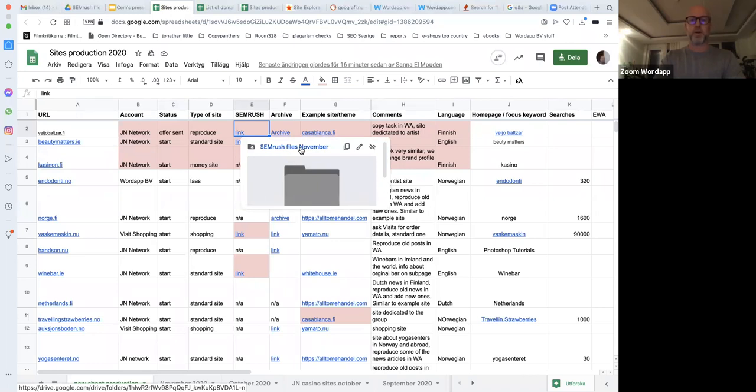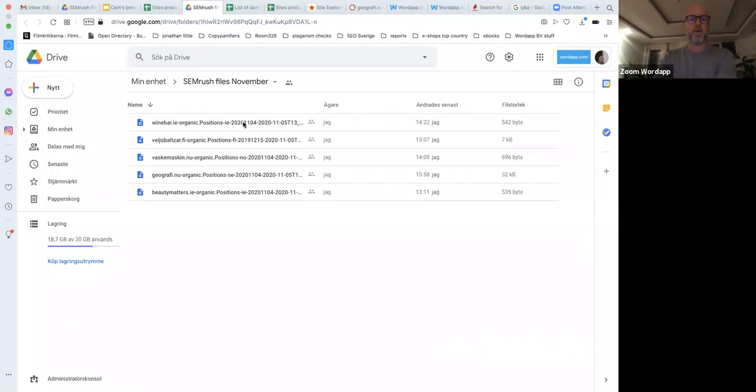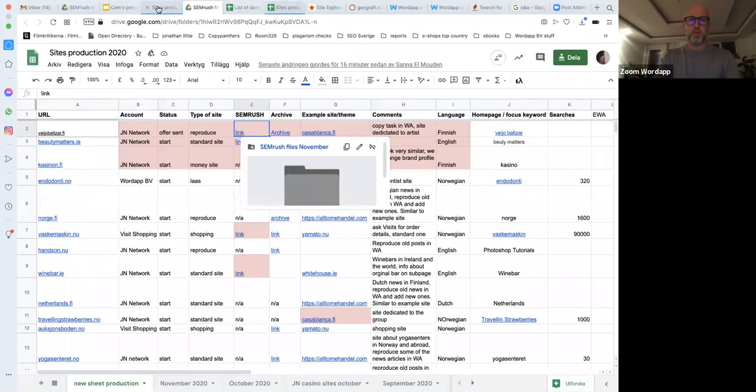If we get the order and can start, you can first go to SEMrush and see what it's currently ranking for. Here I've downloaded all the exports of the files, so you can just upload them and you don't have to do any work. I'm basically putting all of the files in one big folder, and it will be one folder per month. And if I go back now to the site here,